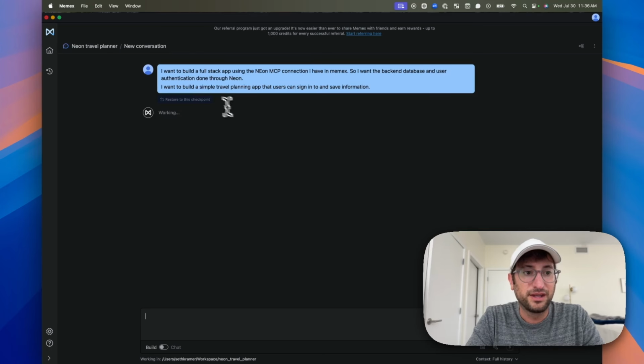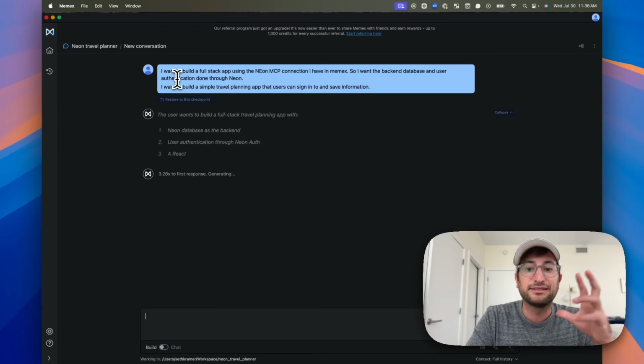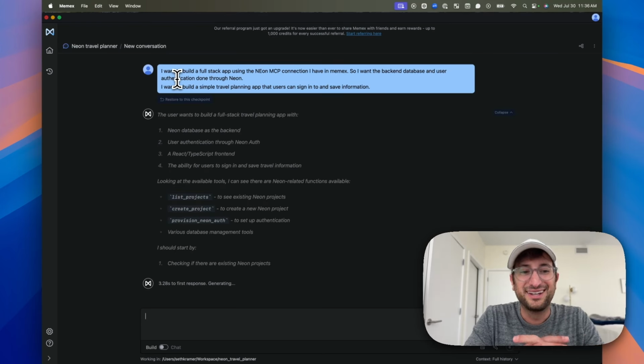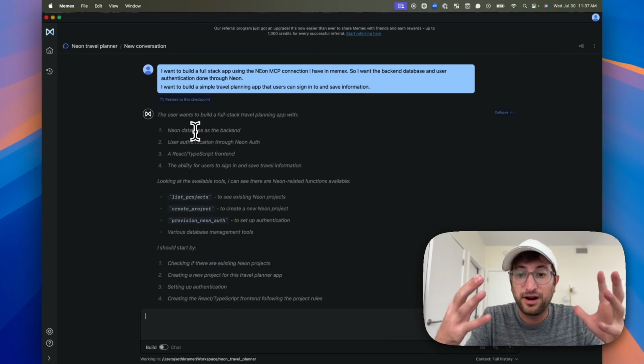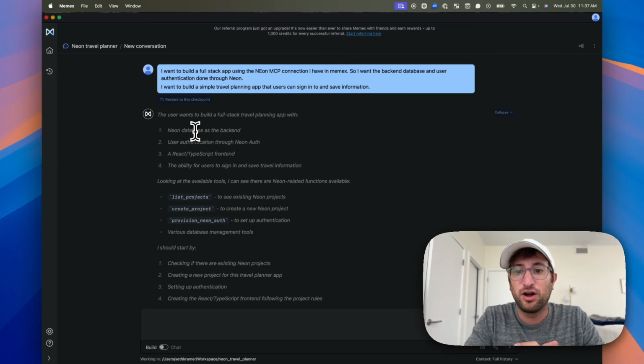So we are doing it under that template, which is going to help us with the design of our app. Right off the bat, Memex is going to create our project. It's all done locally, saving it on our local machine, which I think is really great because all the code is just saved to your local machine. You can do whatever you want with it. And it's making a plan: Neon database as the backend, user authentication through Neon auth,